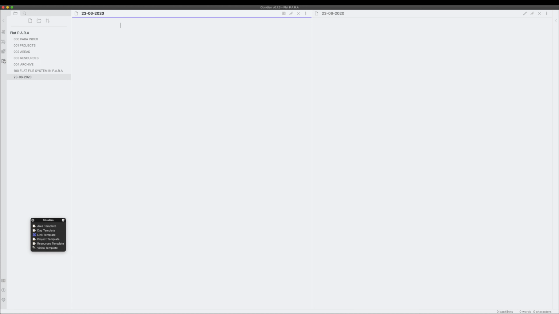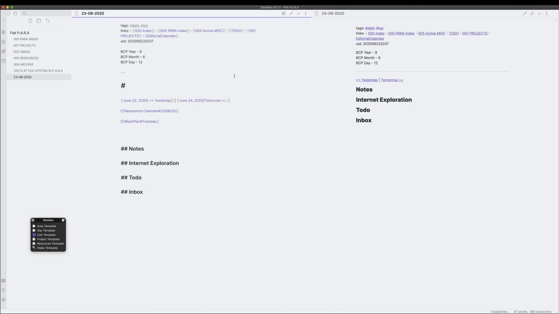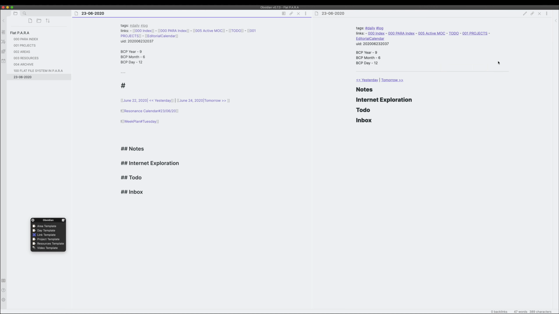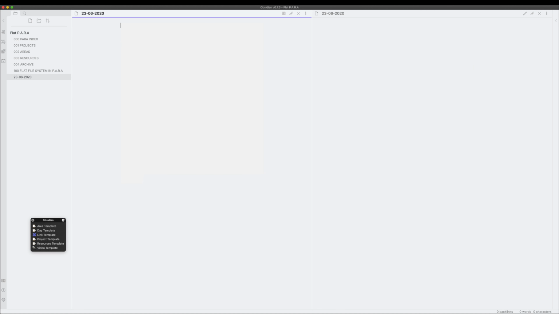Now, how do you get started? I've created this template which I use. So I click on open today's notes. And what I do here is I put OBTST and automatically it will pre-populate everything for me. This is how I use today's notes. As you can see that I already have. So there's a little bit of a different formatting I use for dates in my own system. Let me actually just change it here. So we can see the same file format here as well. So the way you do that is you put MMMM. That'll create June and DD and finally YYYY. So that's the format I use. And I'll just close it. I'll just delete this and we'll just create a new file.